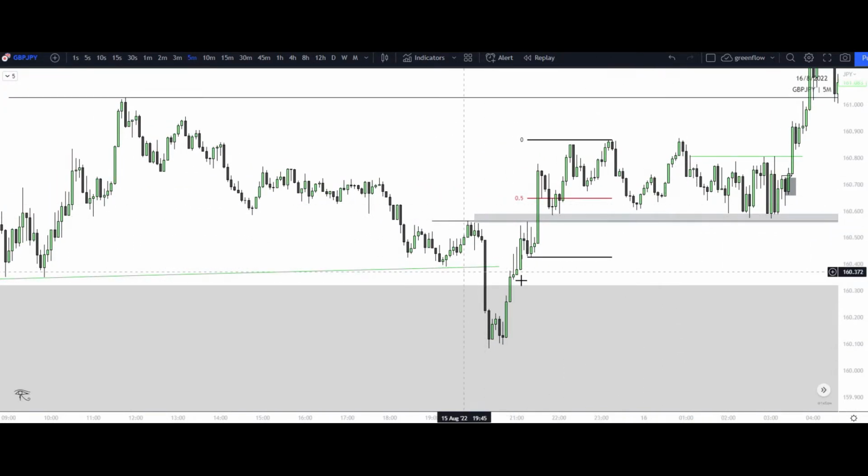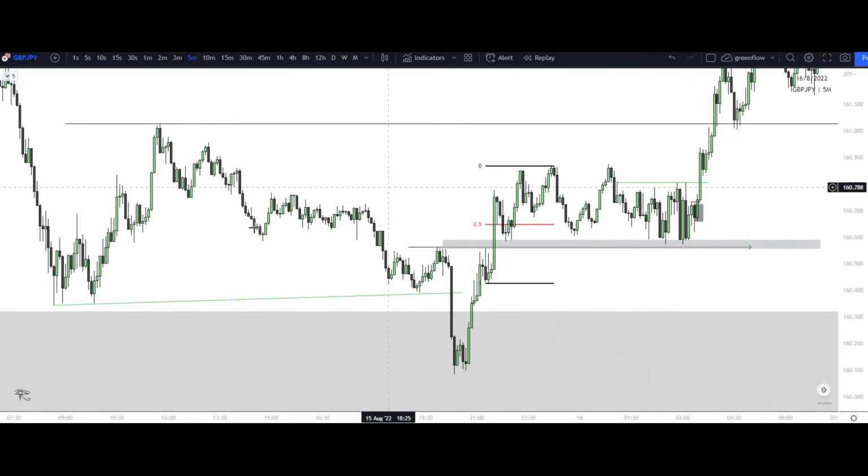Now, where do I look for my first break of structure within these areas? Obviously, the most recent high that caused a new low. From this accumulation to the distribution, we created supply within these areas. We created supply, so we got a displacement candle to the downside, came up to the supply.